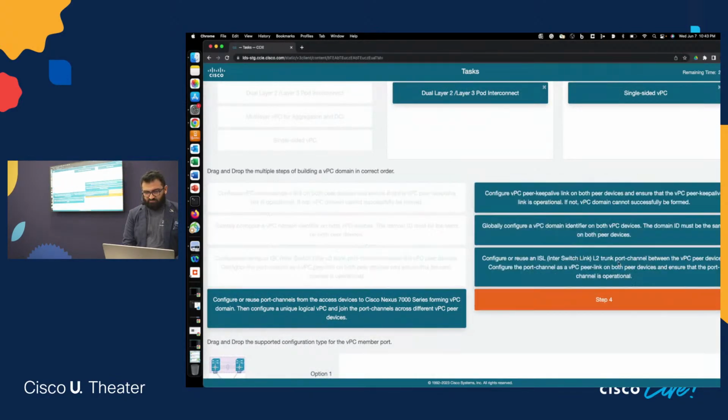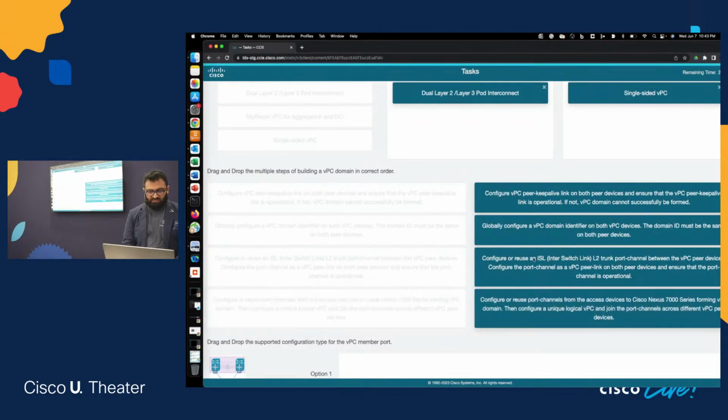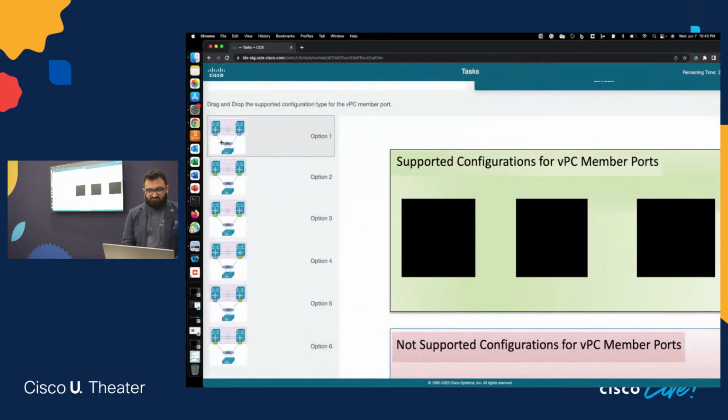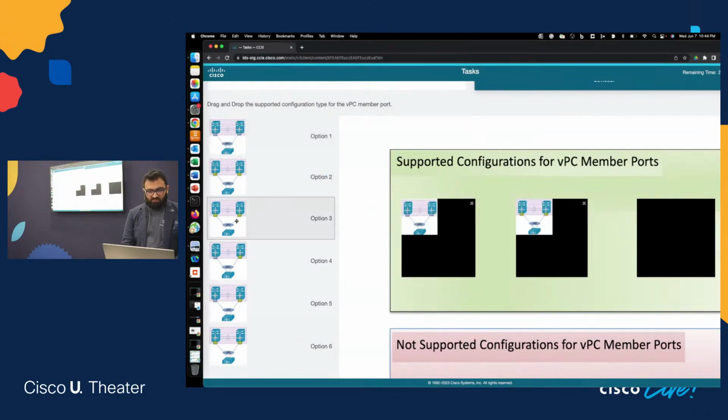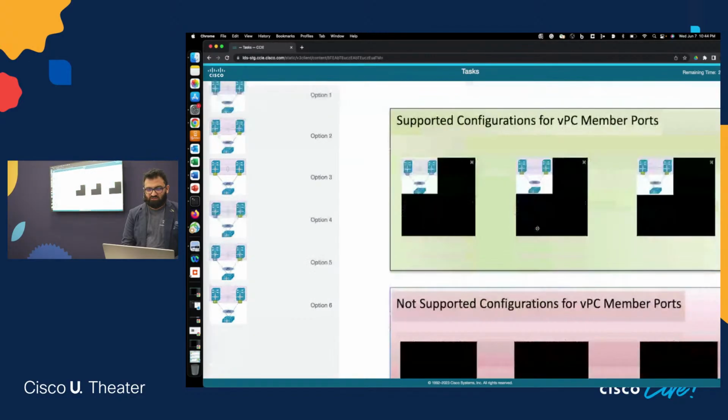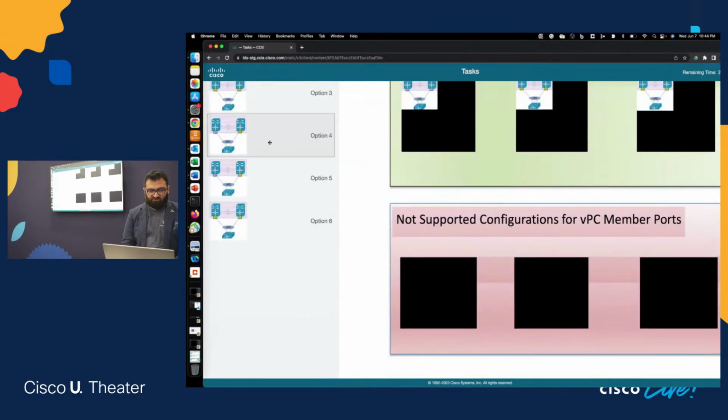I'm just going to quickly finish it so that I can show you more item types. This is called drag and drop with the pictures. So we're going to drag and drop pictures into this. It's going to look neater in the actual exam. I was very lazy to do it cleanly. Okay,